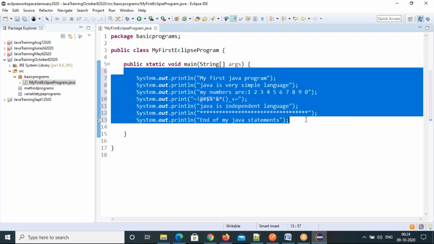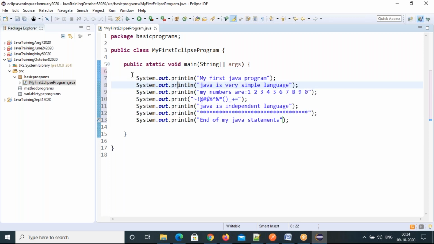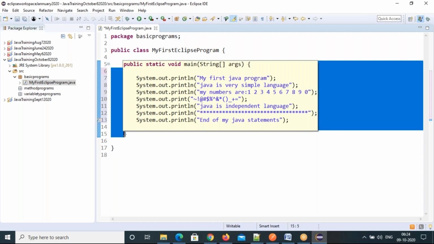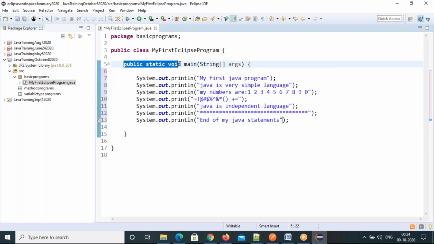Right? So just a few simple print statements we have written. Let's execute these things. I told you: project, then src, then package, and below that you have a class. Again, below the class you have members. This is one of the methods, one of the members of our class. This method is already created by Java. We don't need to change this. This is the predefined structure. We should not change anything in this line.